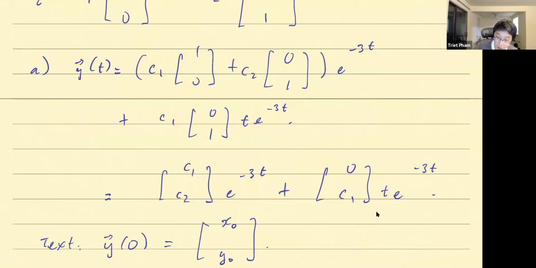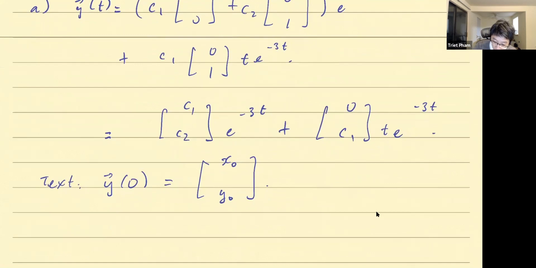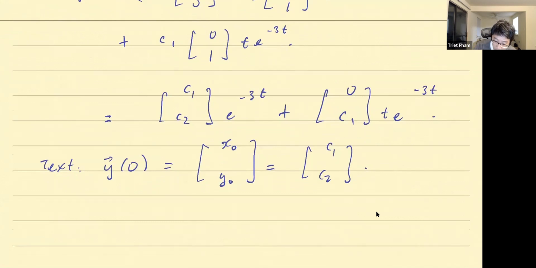This is the abstract initial condition. But what is this in our case? If you plug in the abstract initial condition, meaning you plug in t equal to 0, well, what you get is clearly C1, C2 in this case. So in other words, you can present this one last time as